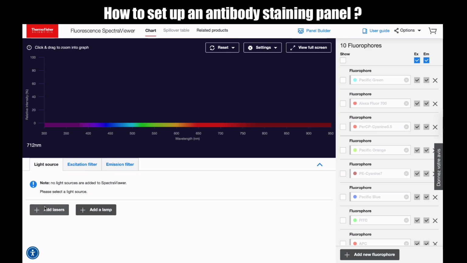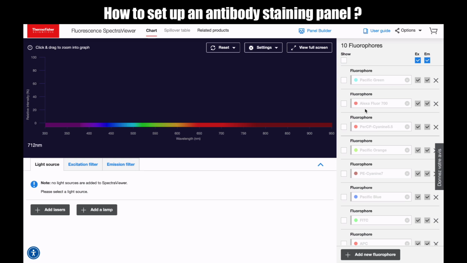You can even add lasers or lamps if you want to tell the website your laser configuration, etc. Okay, but usually what I do is add them here, and I will show you in a while if you can or cannot do that based on the configuration of your flow cytometer.